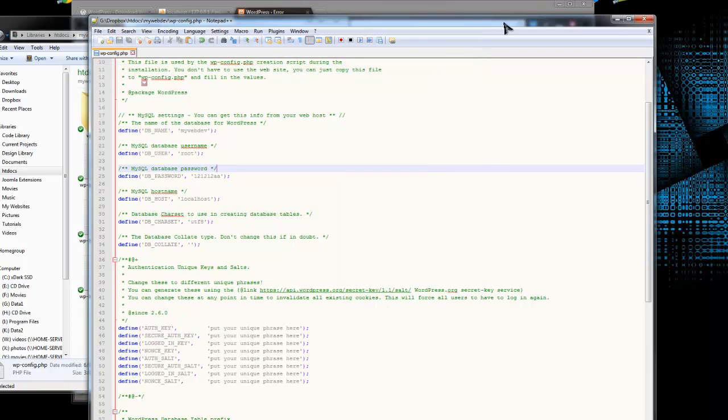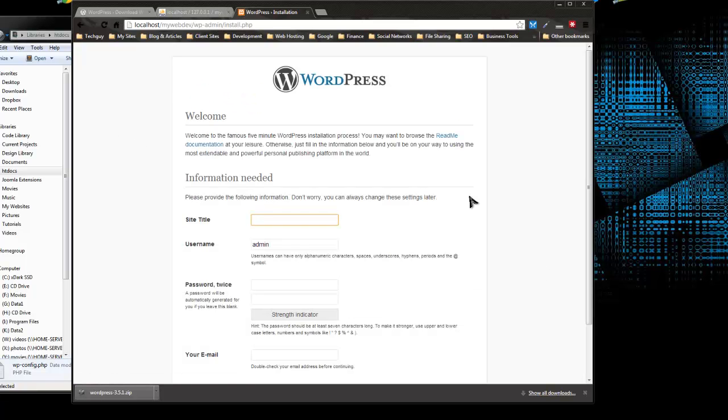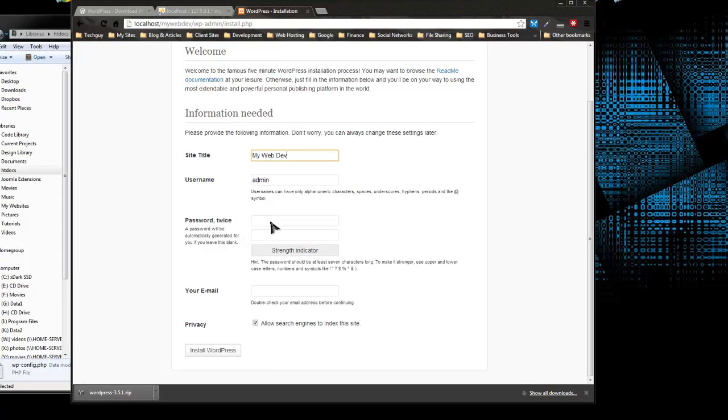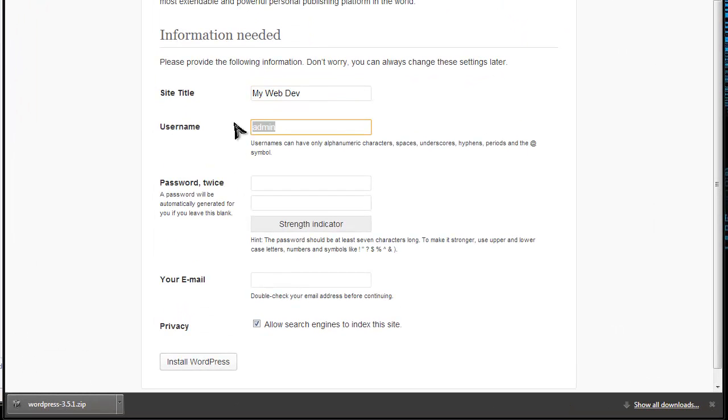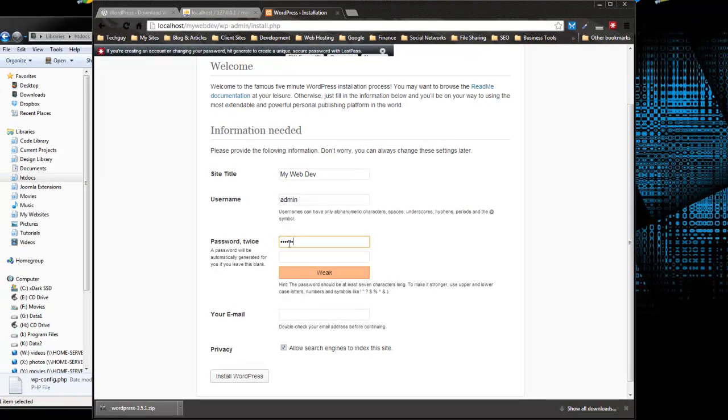We can now save that, and now let's go back to localhost/mywebdev and reload that. And now it brings us to the installation. So the first thing it asks for is a site title, mywebdev, and this is where you'll create your actual WordPress login. By default, it gives you admin as a username. I'm just going to keep that as is. If you have a live site on the internet, you might want to change it because hackers know that admin is the default username. I'm going to put in a password,